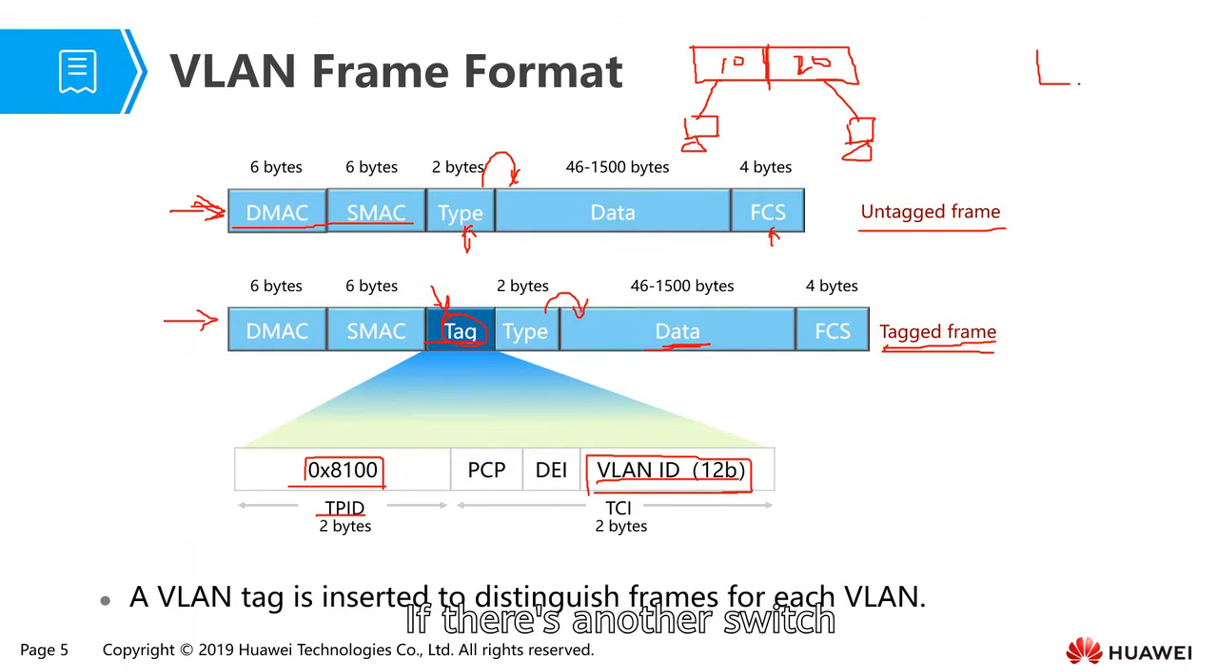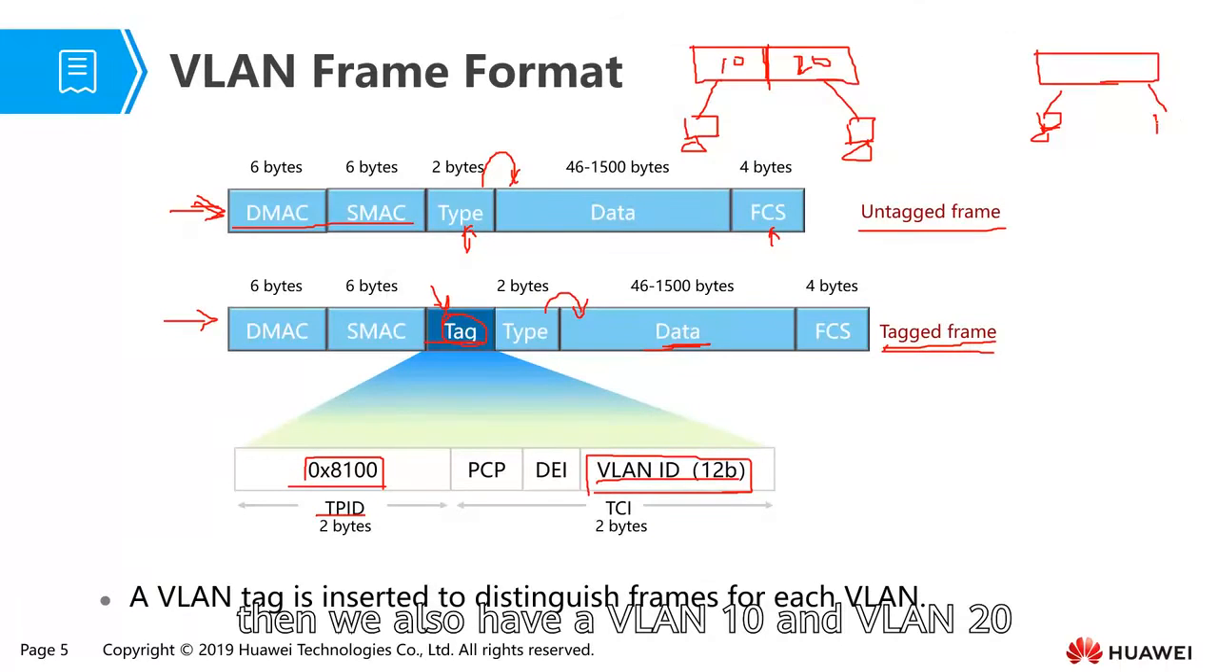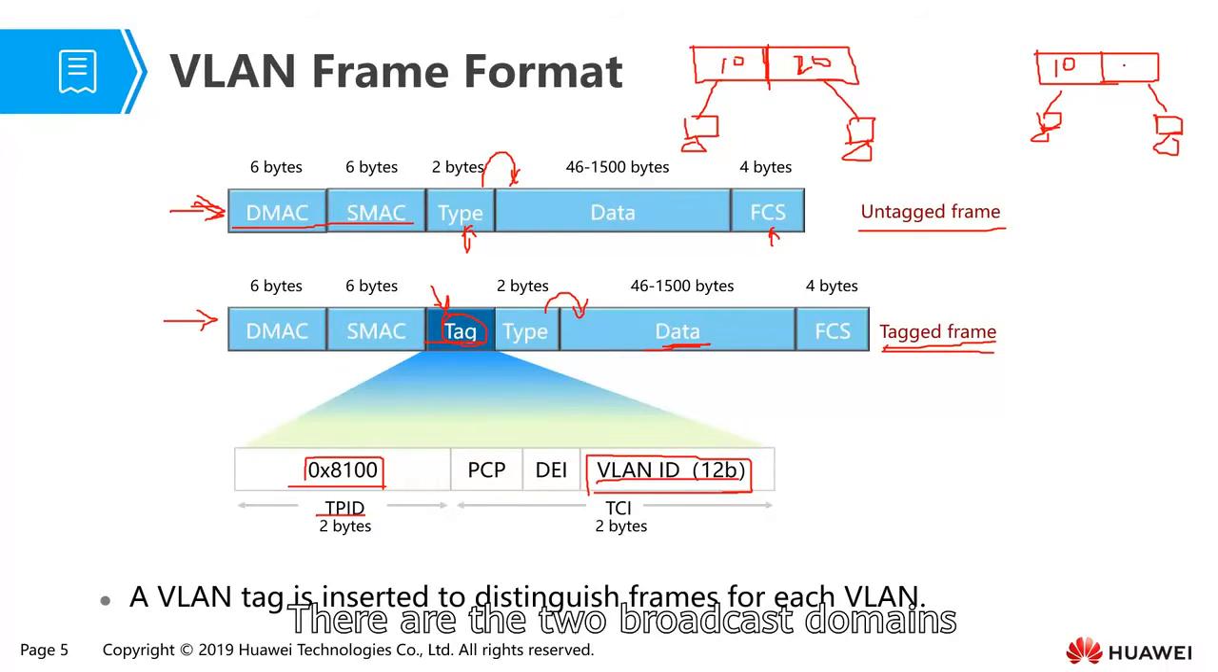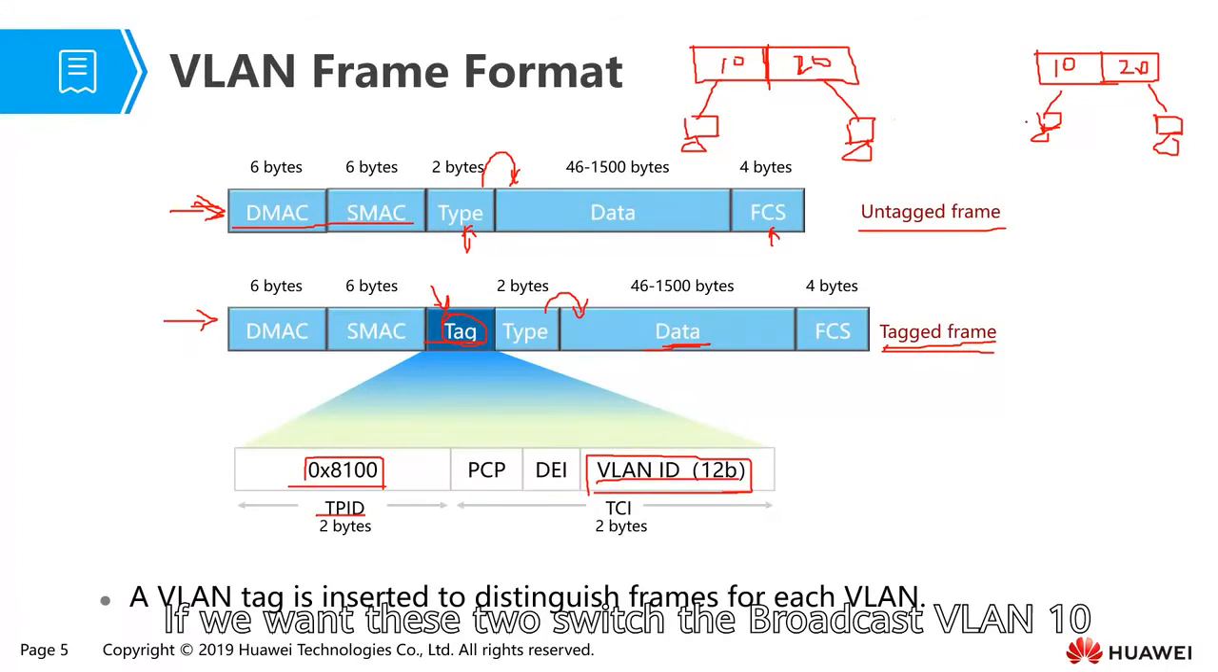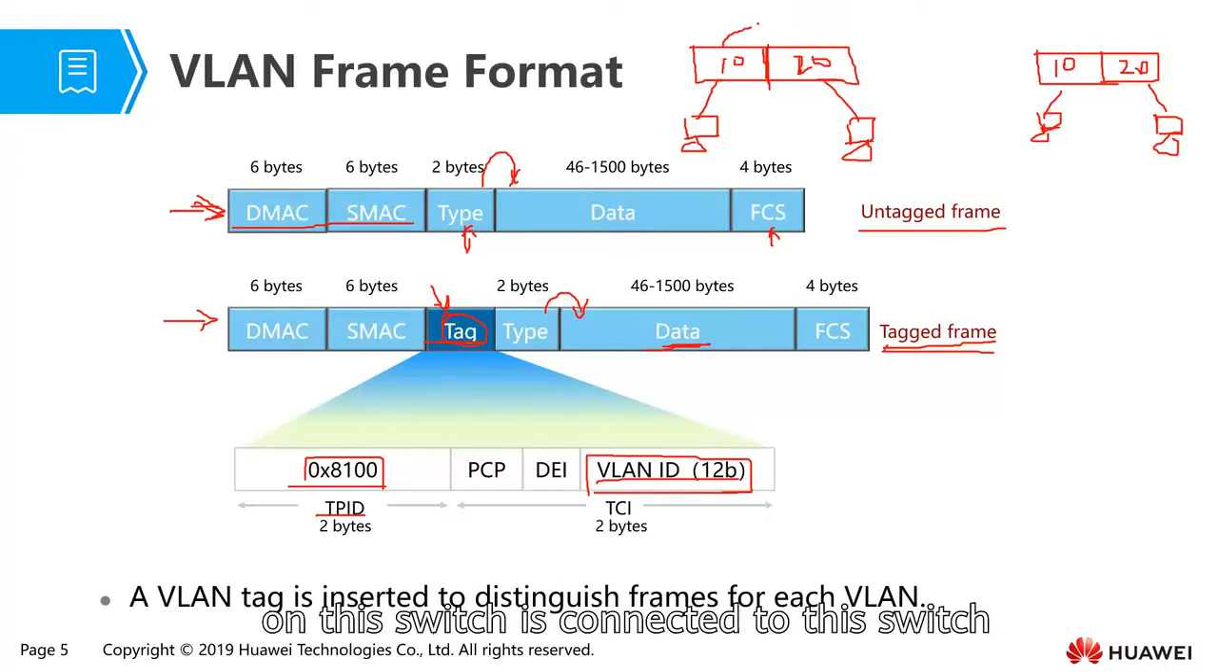And if there is another switch, then we also have VLAN 10 and VLAN 20 there. There are two broadcast domains. And then if we want VLAN 10 on this switch to be connected to VLAN 10 on this switch,